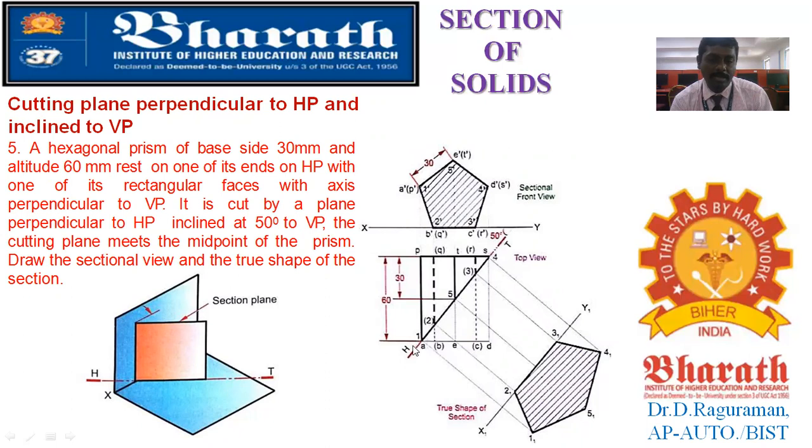A, B, C, D, E you will be taking as what? The front surface. From here you will be seeing the observer. So the visible points are what? A, B, C, D, E. Backside is what? P, Q, R, S, T. You can see PQRST within brackets. A, B, C, D, E, that's the front surface. And you will have cutting points at every respective edge. A to P, point 1. B to Q, second point, and C to T will have the fifth point. Because you will be completing A, then what? B, C, D, E.